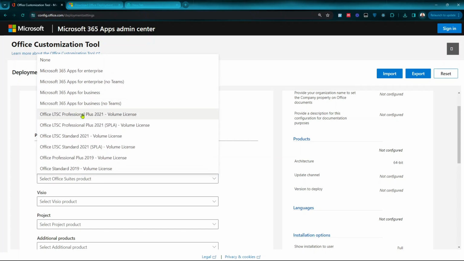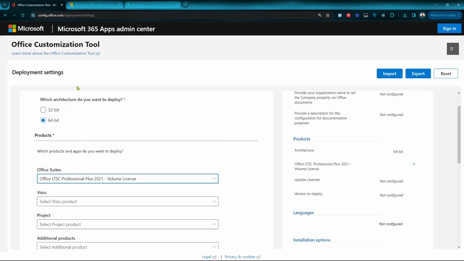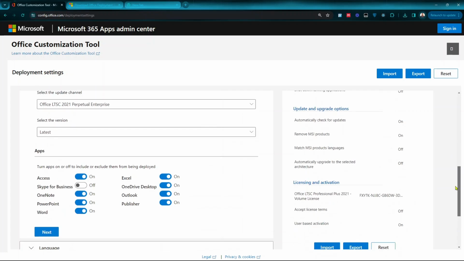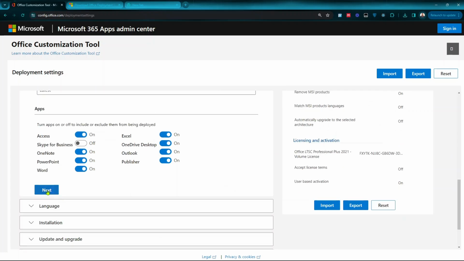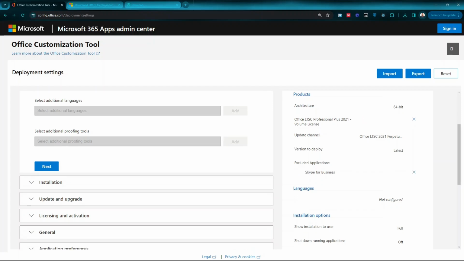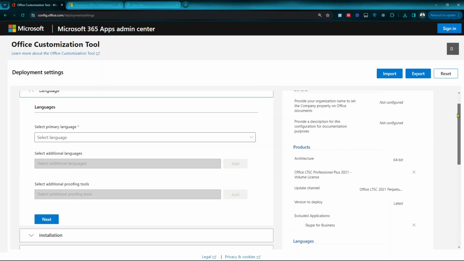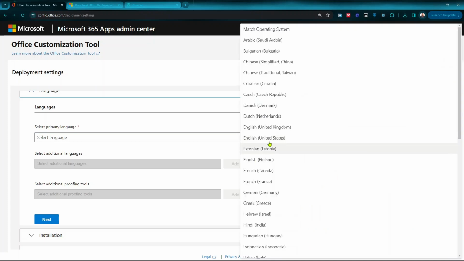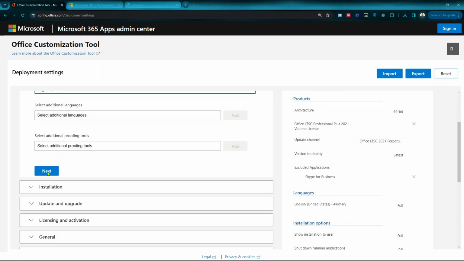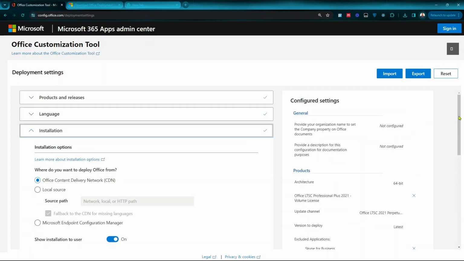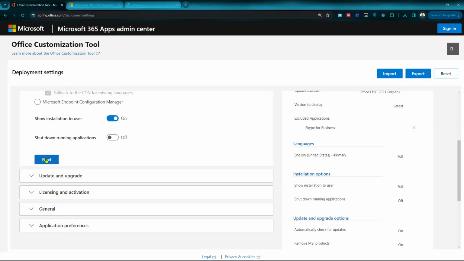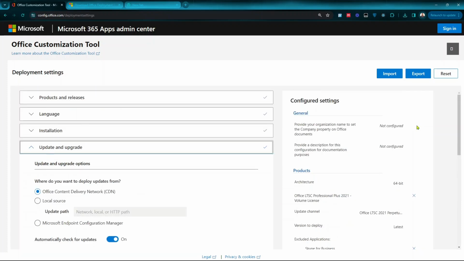So these are setup. Which architecture do you want to deploy? Assuming that you have a 32-bit laptop or 64, you choose, and then you proceed to the next, Office suite. You choose the suite that you want. These are Office. I'm going to recommend this one, and then scroll down and click next here. After clicking next, choose the language that you want. Click here on the language and choose English United States. Then proceed slowly. Click next